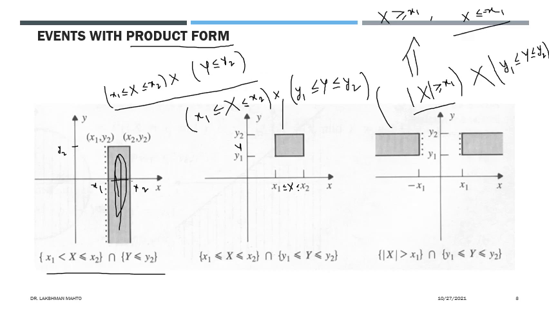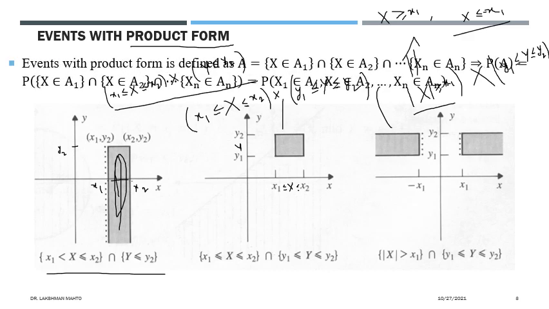Again we can see it is in product form. All these are talking about independent random variables x and y, which we are taking jointly, together. So it is a very simple kind of situation, a very simple kind of event. So I have expressed all these things.